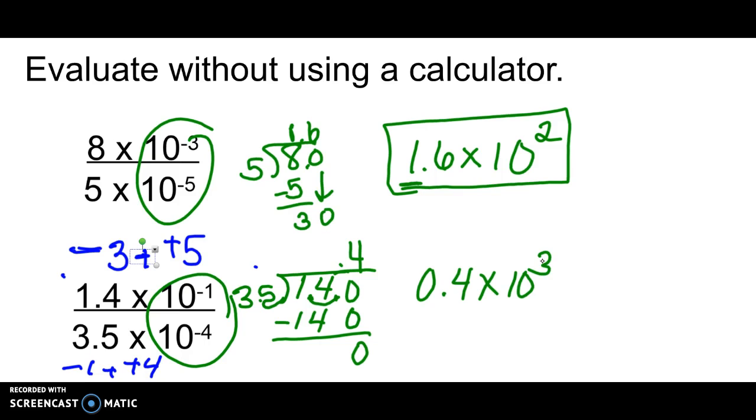Always check your answer. Look at the number in front of the decimal point. Is it between 0 and 10? No, it's not. So I need to move my decimal point over one spot. When I move it over to the right, I subtract 1 from the exponent. So I'm left with 4 times 10 to the 2nd power. And that is my